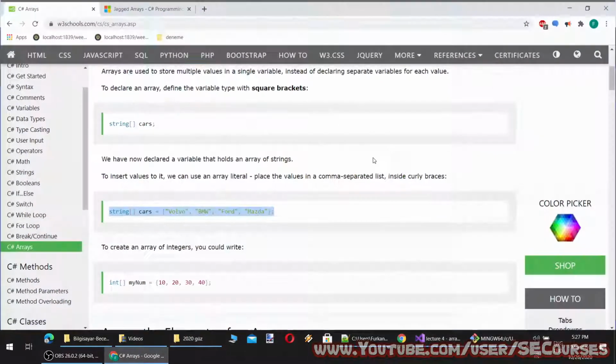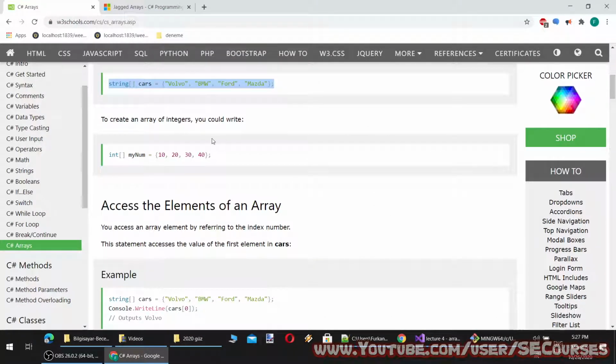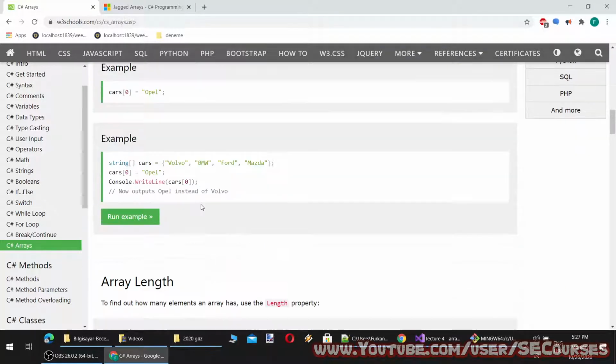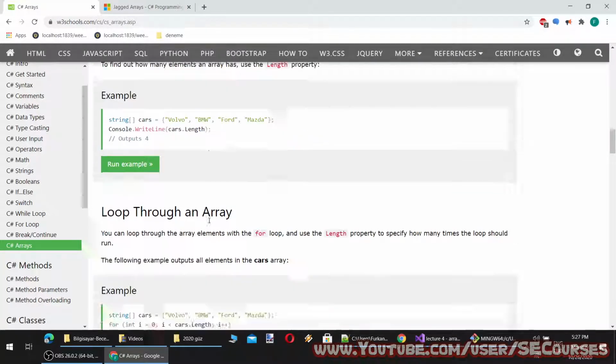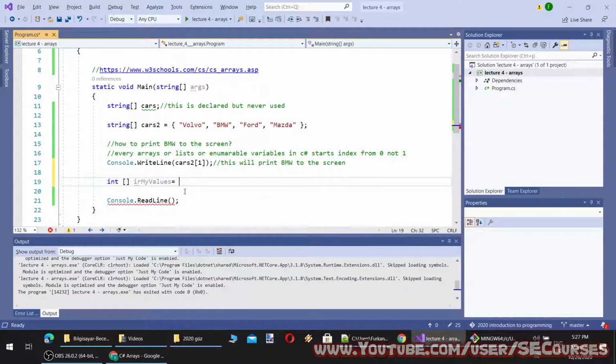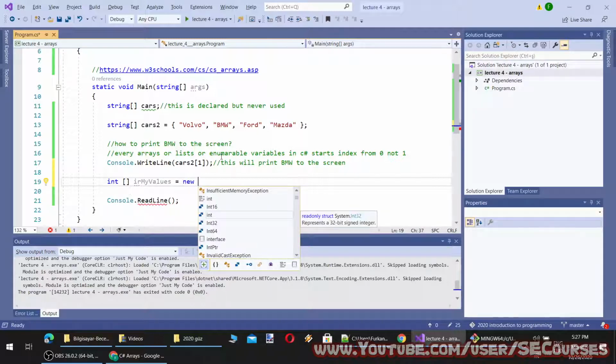And let's see if it is written here. Okay, this is access, change, array length, group. Okay, let's continue. This time I am going to set it like this. New. See, it will show me what to choose.